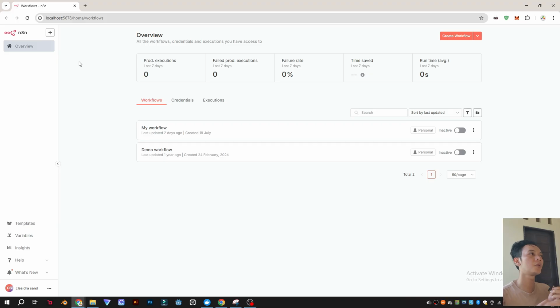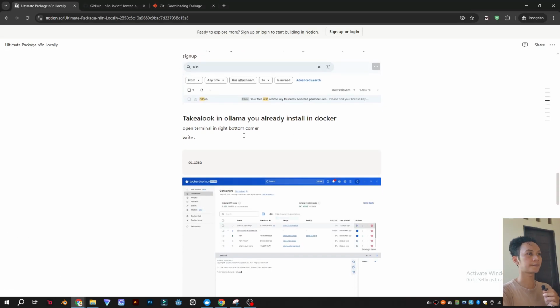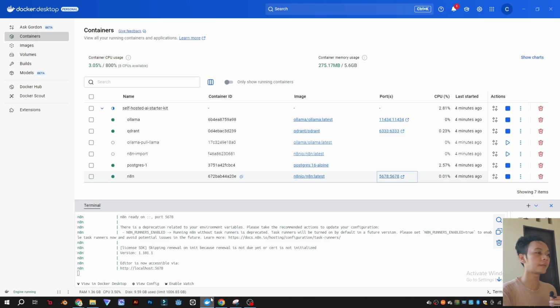So if you are new to installation, after you visit this, you will see the administration page. You can log in with your email and create a password. But don't lose your password, because in n8n local you can't recover your password if you forget it. After that, let's see Ollama that we already got from our installation.